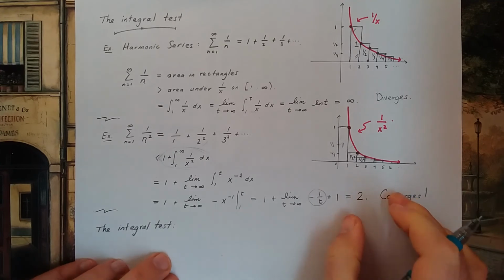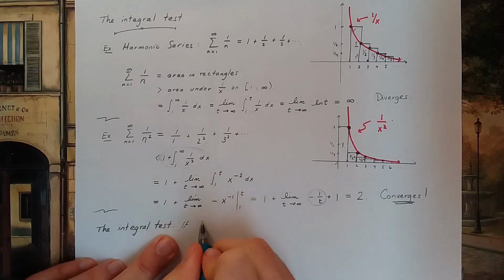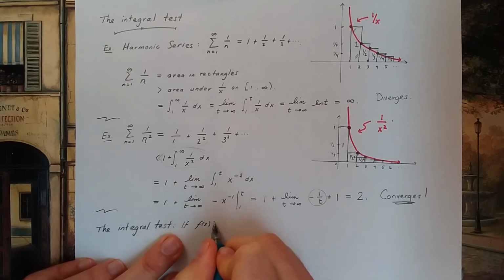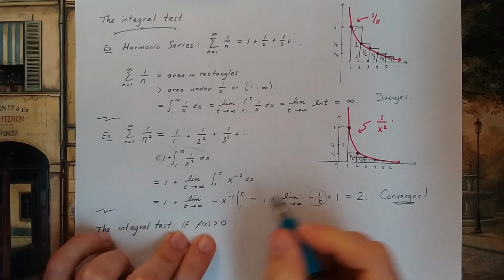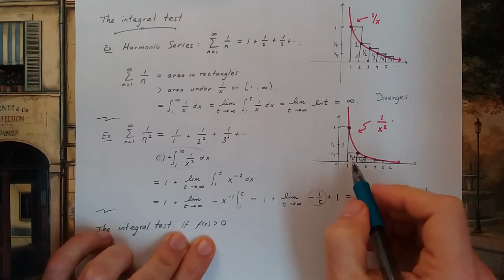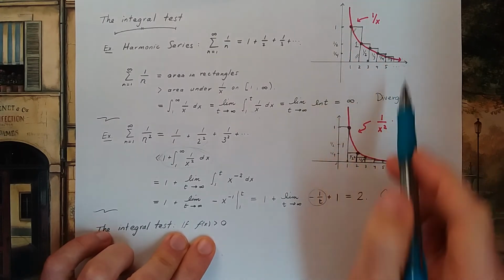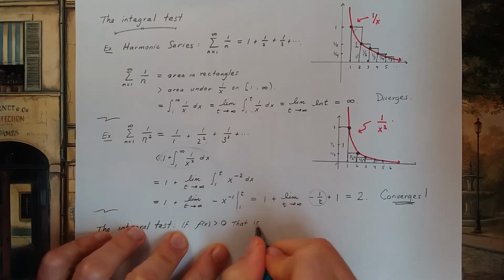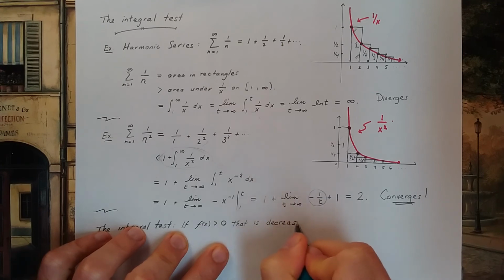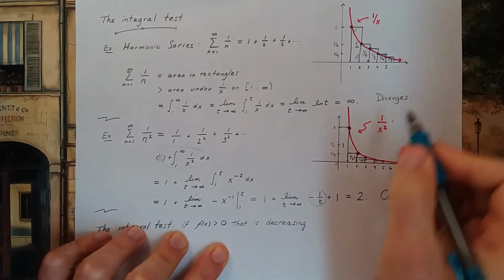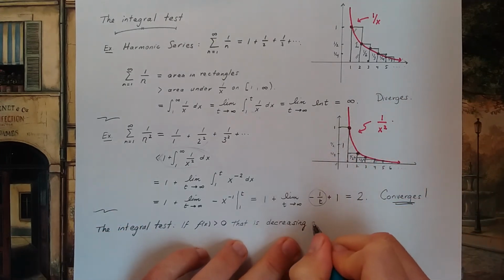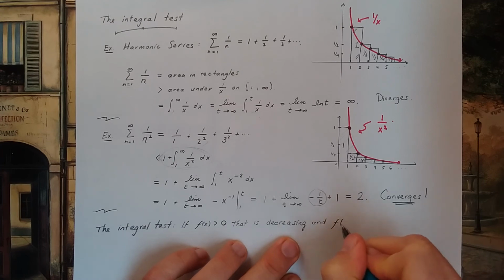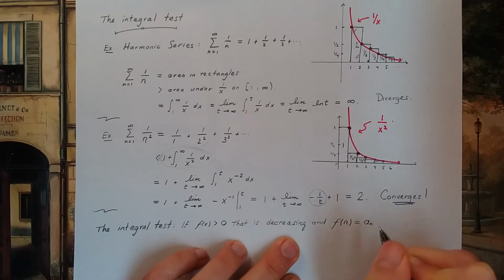Let me state what it says. If you have a function that is positive, so I don't want anything going below the x-axis here. Everything has to be positive, just like the red graphs here. So if I have a positive function that is decreasing, so going down like these two pictures, and when I plug in a value n, I get the term in my series,